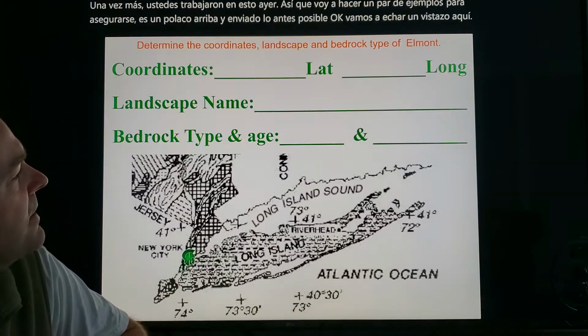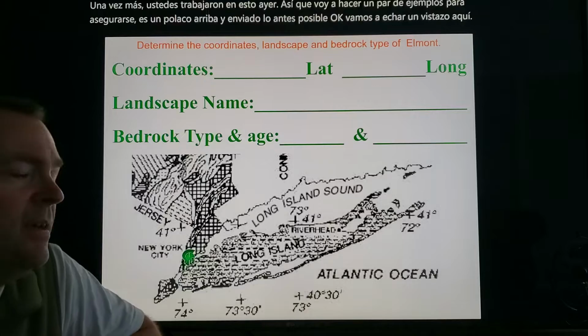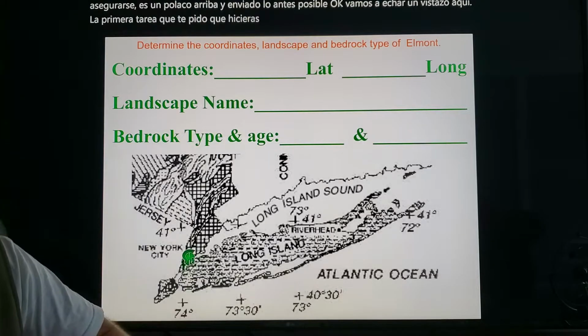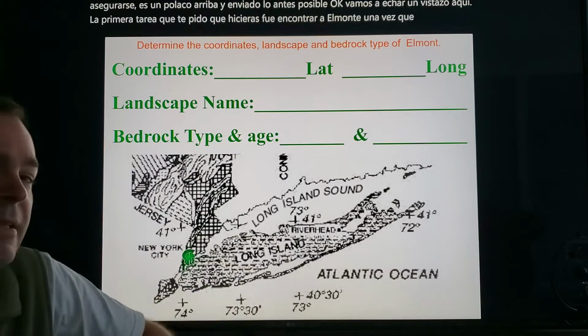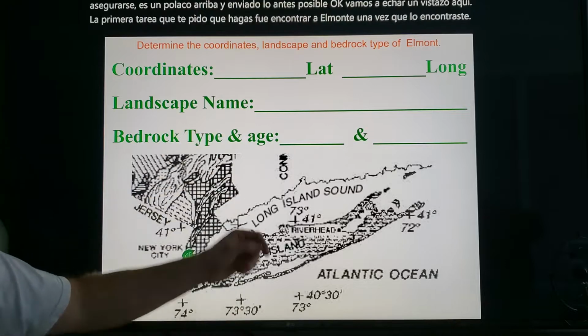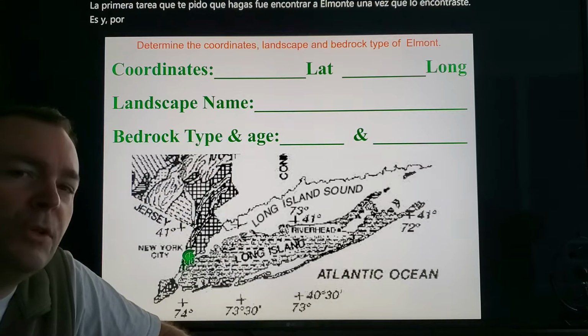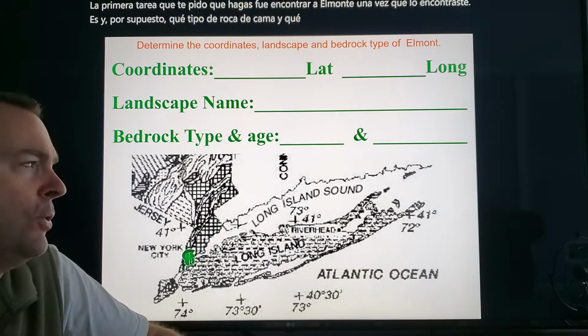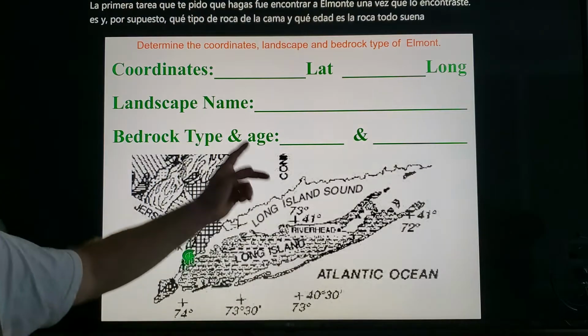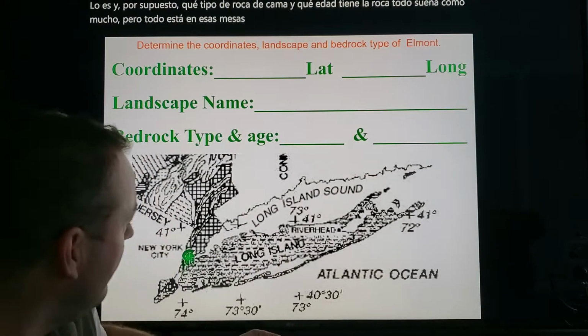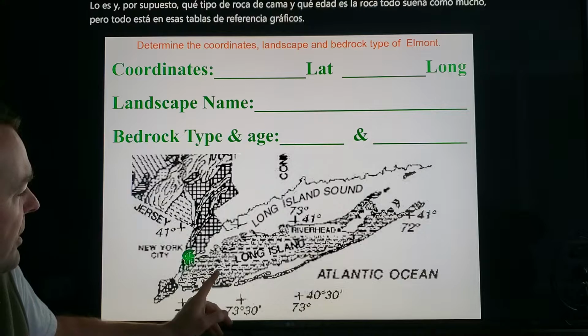The first task I asked you to do was to find Elmont. Once you found it, figure out what type of landscape region it is, and of course what type of bedrock and how old is the bedrock. I know it sounds like a lot, but it's all in those reference tables charts. Let's start with coordinates. Elmont is right around here-ish,